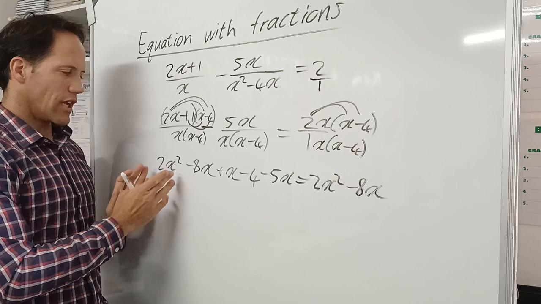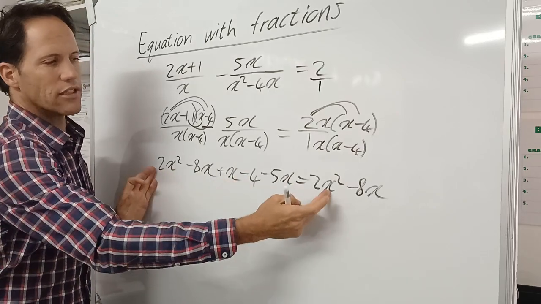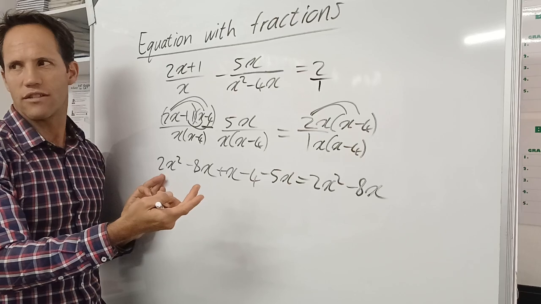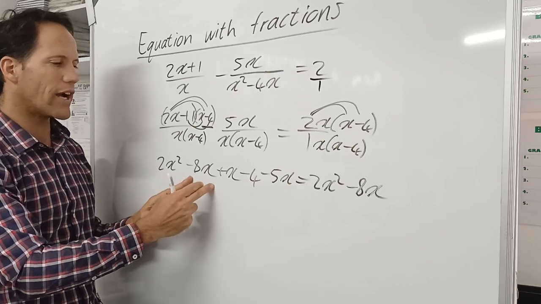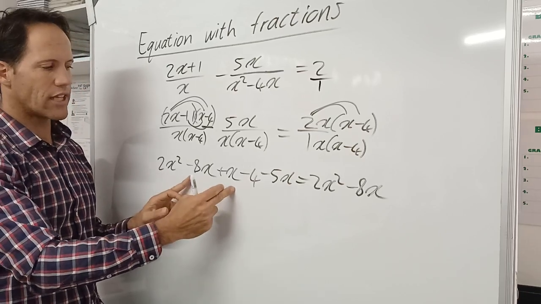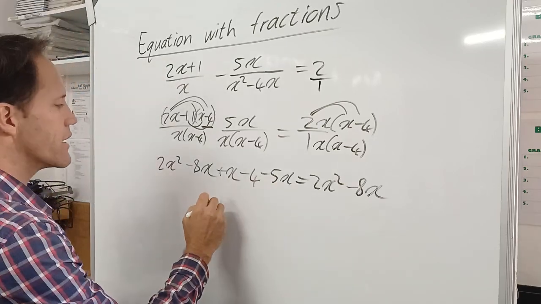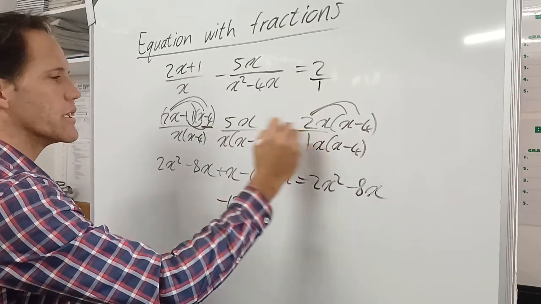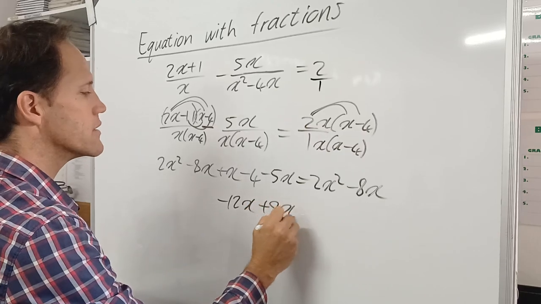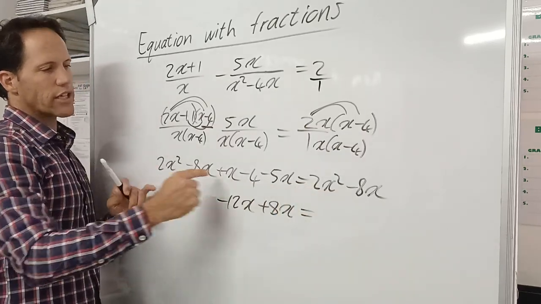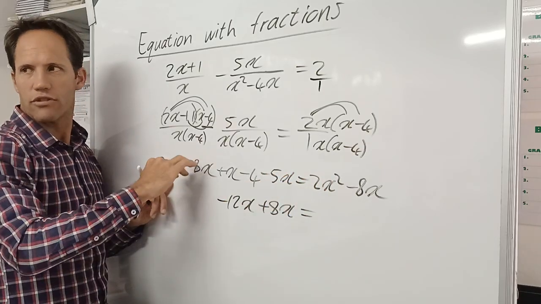Okay, and now we can check. Okay, 2x squared, if you bring this 2x squared over, it's 2x squared minus 2x squared. So that's obviously 0. The negative 8x plus 1x is negative 7, minus 5 is negative 12. So that gives you negative 12x. And then when you bring the negative 8 over, it's plus 8x. So basically you can say the 2x squareds cancel out, because when you subtract them, it's 0.